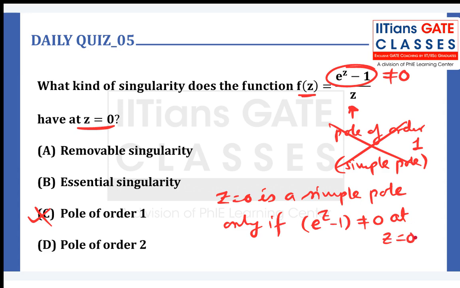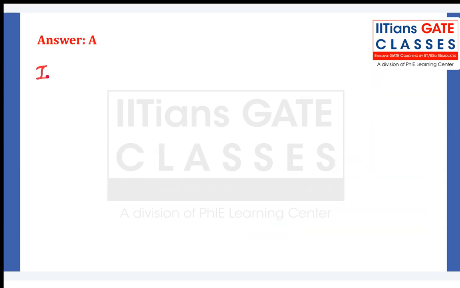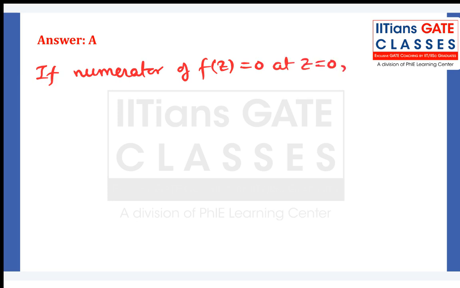So if you put z equal to 0, you'll see that the numerator is actually becoming 0. So in such cases, if the numerator of f of z is equal to 0 at z equal to 0, one must do Laurent series expansion. One must perform